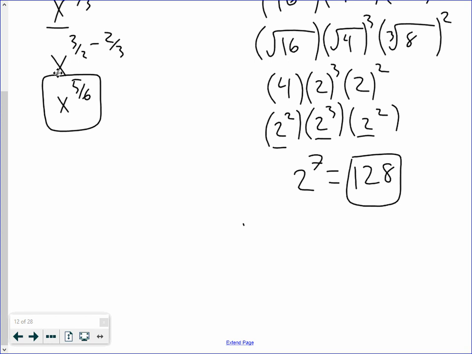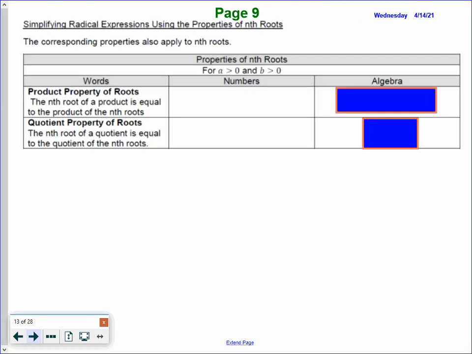So let's keep on going. Now we're going to talk about 2 new properties which are very similar to properties we already know, but these are going to be in the form of roots. So the product property of roots, that says if we have, say, the cube root of 16, we can rewrite